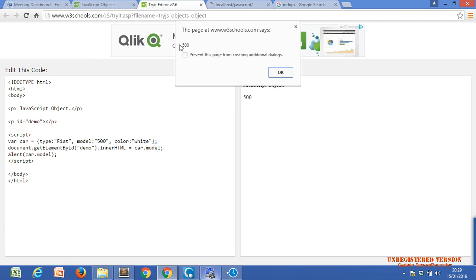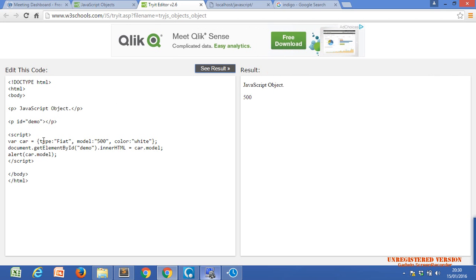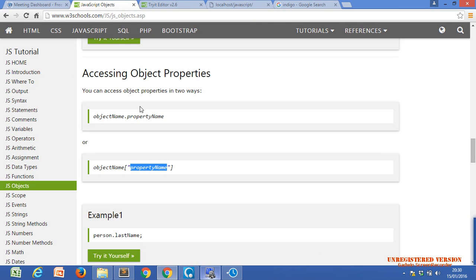Either use dot and your property name, or the big brackets and double quotes. These are the property names or key names; you can say key or property. You will get the same result.